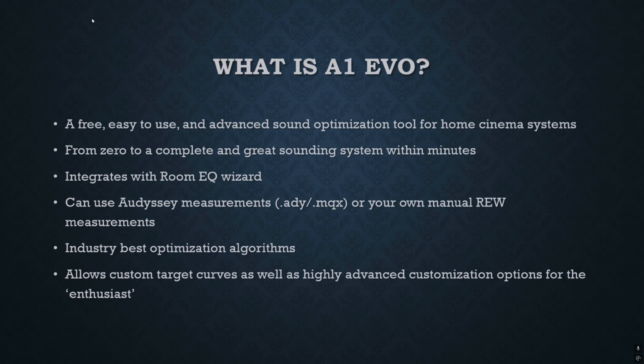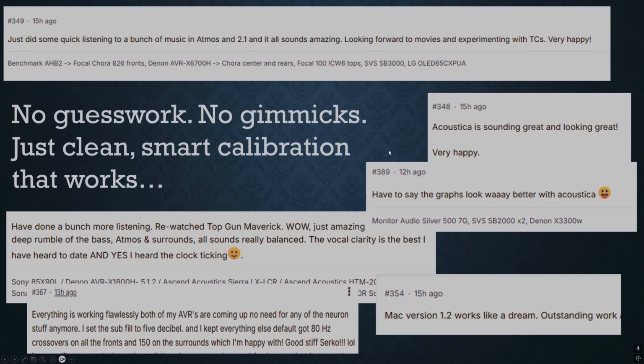It integrates with Room EQ Wizard, a fabulous free tool for digital room correction. It can use your existing Audyssey measurements, whether they are taken with Multi-EQ or Multi-EQ Editor app, or it can use your manual REW measurements. And for the enthusiast, it allows custom target curves as well as highly advanced customization options, none of which a regular user needs. In its standard settings, it will give you near perfect sound. You can see in the last 48 hours since it's being beta tested, these are some of the comments from